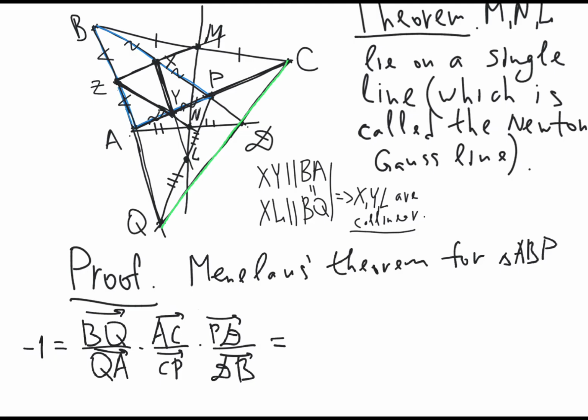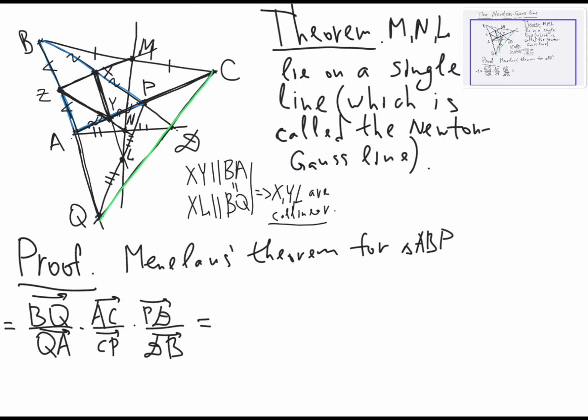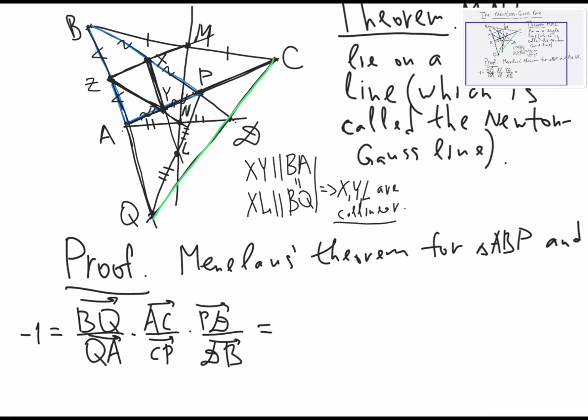So yeah, it was written incorrectly. So the Menelaus theorem for the triangle ABP and line QC. Okay,